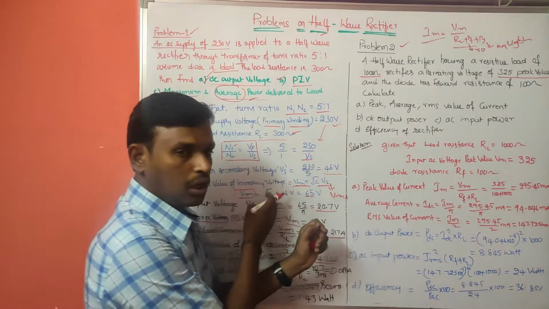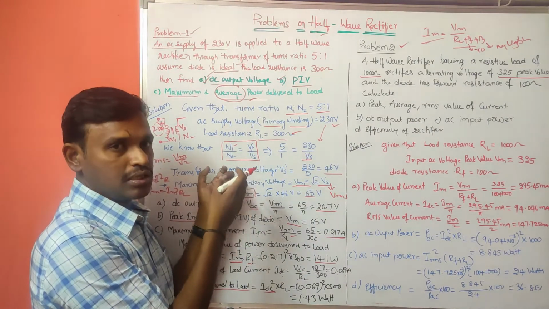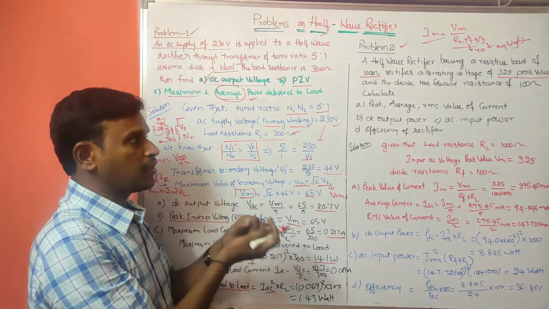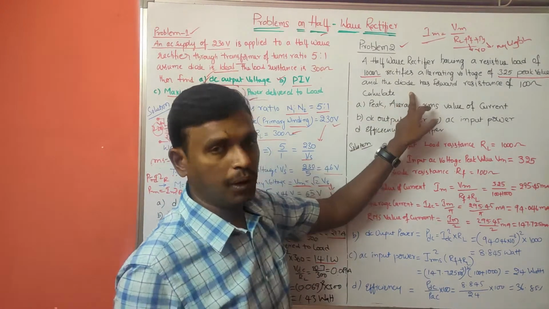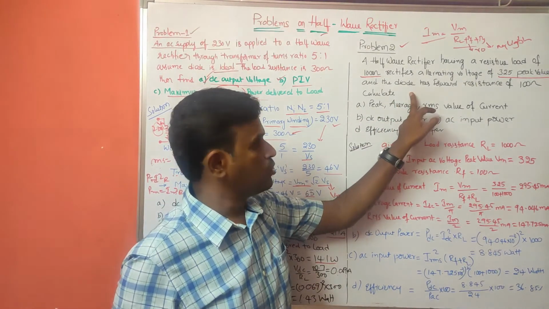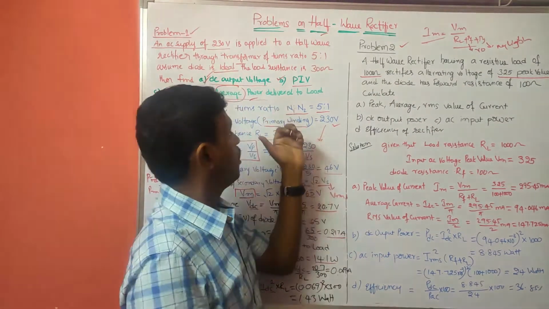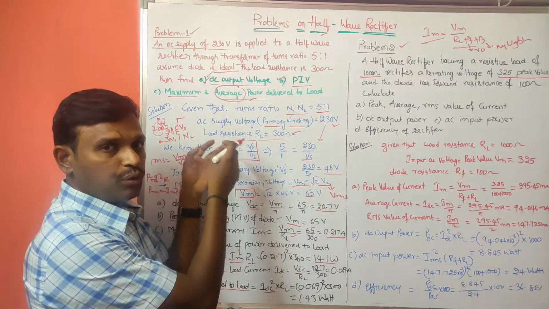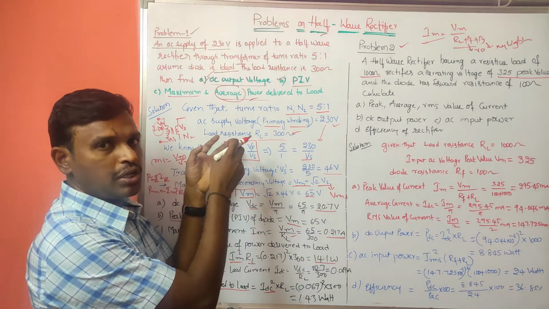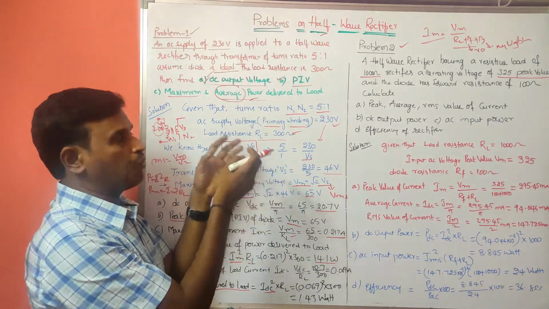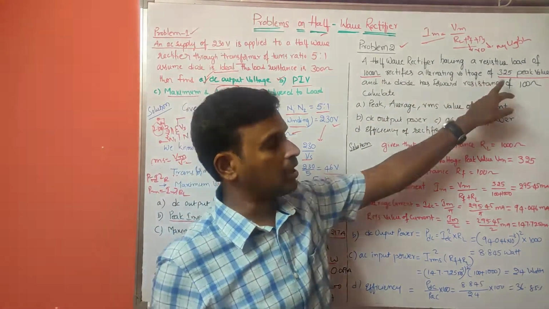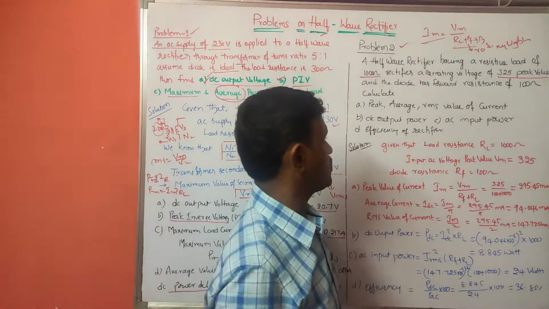Here we had to calculate the peak value to measure all the parameters, but here it is given directly, instead of the AC supply and turns ratio. This is a model that is regularly asked in BTech examinations. In the earlier problem we did not know the peak value, so we had to calculate it from the supply voltage and the given turns ratio using the formula, but here that is not the case. That is the difference.